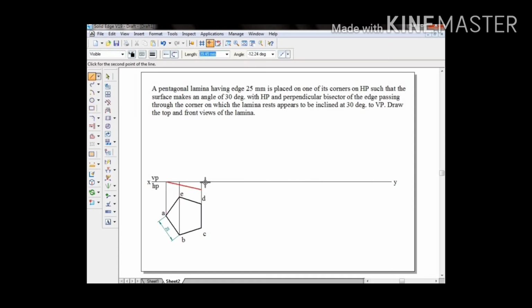Right. So we'll take a visible line. Please do not join till the end here. We need to join two lines here, A to E, E to D. So straight away we will name this as A dash, B dash, in bracket E dash. I hope you know how to name this front view. So C dash, D dash, in bracket.